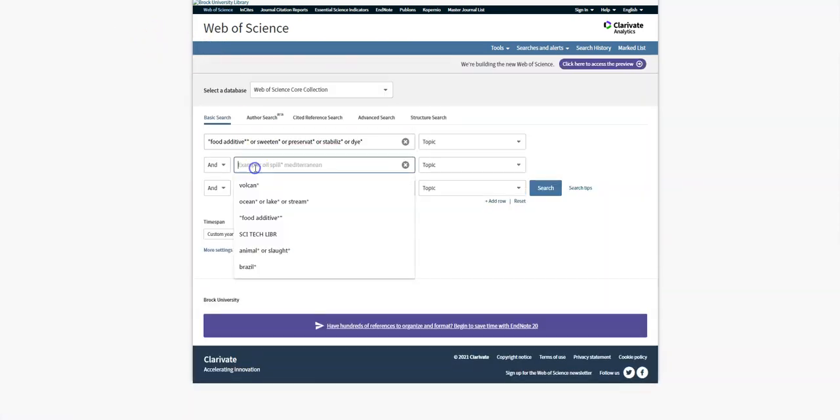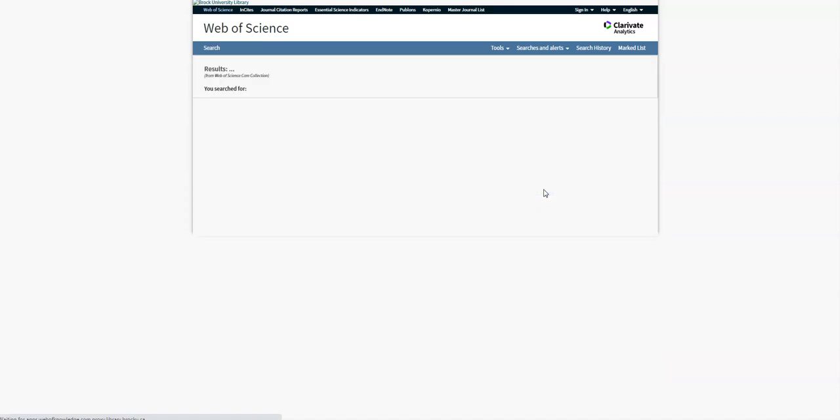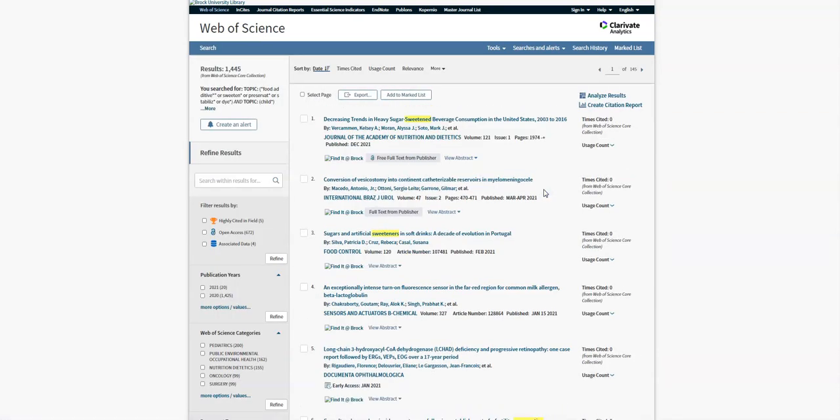But our second concept, remember, it was children. You can put in child or children, kids or boys or girls. I found the word child, Shift 8, asterisk picks up children, children's. And that's the standardized words I found in literature to describe that population. So I'll find out how many of these articles also have the word child or children or children's anywhere in the article. 1,445. So what you can do is you can always go search and you can play with these